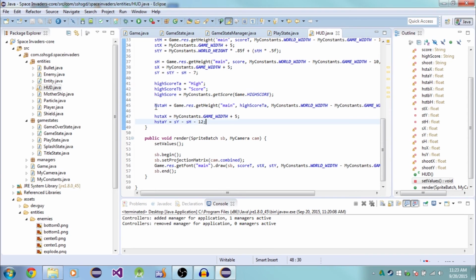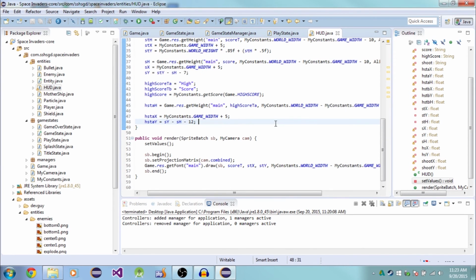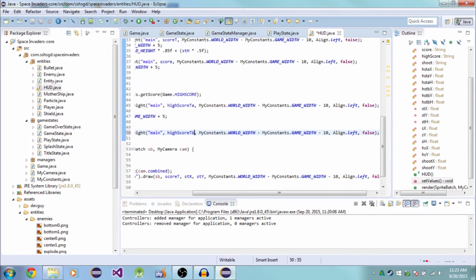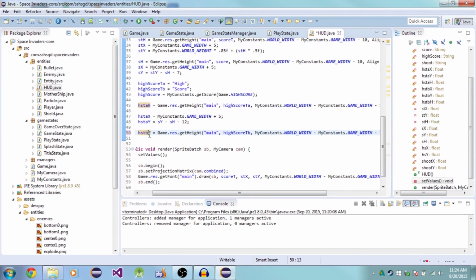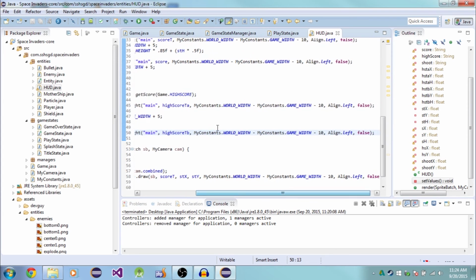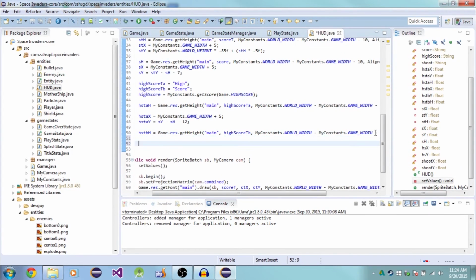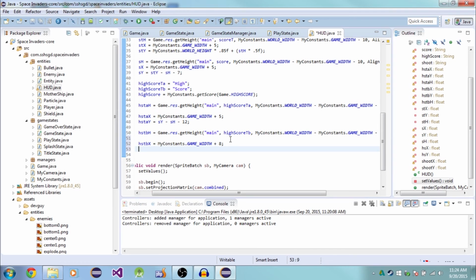Okay, and then just copy this again, and then change this A to a B, and change this A to a B as well. So go ahead and copy this down so that you have it. HSTBX is pretty much the same, just 3 pixels to the right, so plus 8 as the others, and then HSTBY is equal to